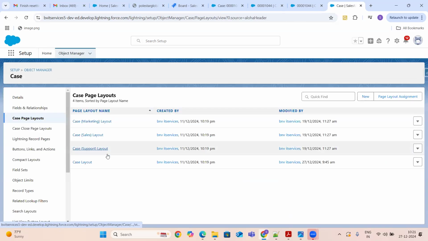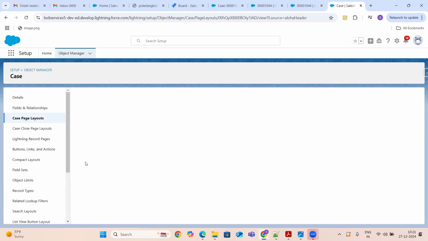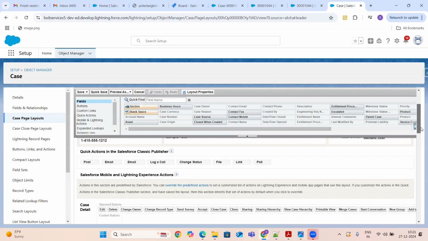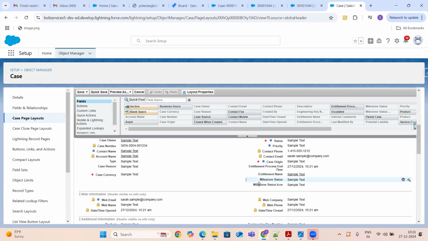Okay. I just added to this case layout. I dragged the three fields: milestone entitlement name, milestone status, and milestone status icon. These three fields I just dragged into the page layout so that I can make sure that my case is representing the respective milestone statuses. Okay.